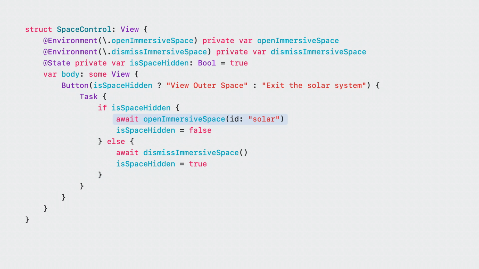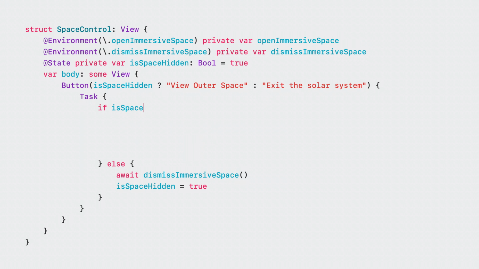When opening the space, we pass in the identifier we defined earlier. Since only one space can be open at a time, the dismiss immersive space action doesn't need any argument. The system animates your space in and out with a certain duration. These environment actions are async so that you can react to the completion of the animation.